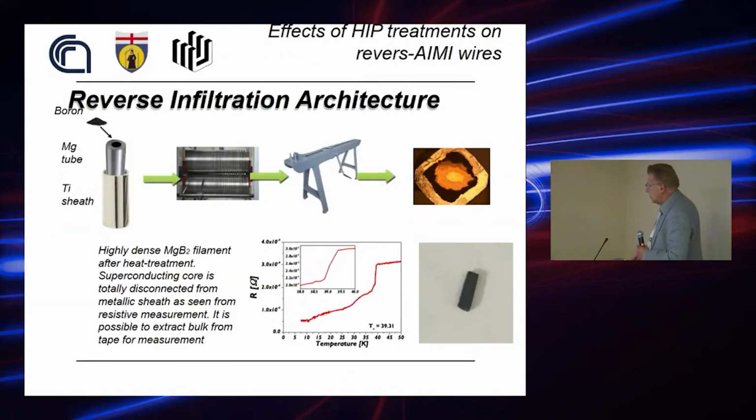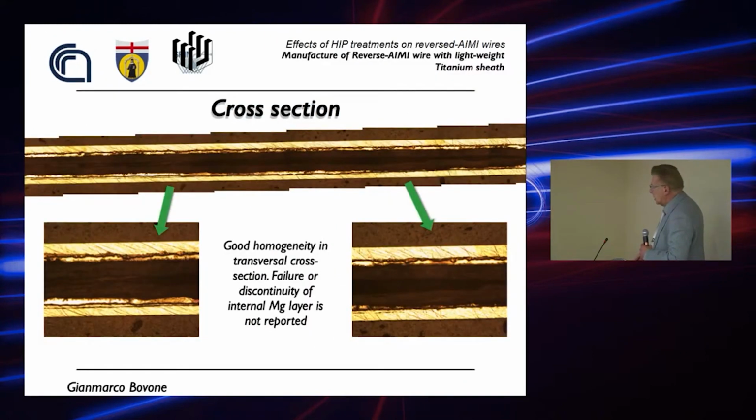So for the future, this is the experiment we made with colleagues from Italy. We put the same as Bolu made here, but we put another direction. We put the 3 tubes, and inside there is the boron and the sheet. The sheet was titanium here, quite a hard one. And they try to make low weight samples of the superconductors, and it is very good because we got